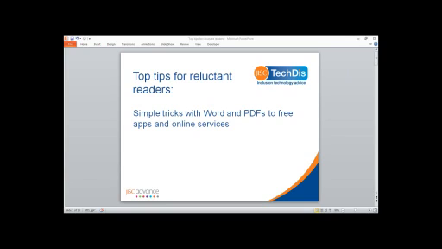But what we want to look at now is just some top tips that you can use that would apply to all readers, all learners, all stages and phases. And so it would apply equally to somebody studying an academic subject at undergraduate level as it would do to somebody maybe struggling with GCSEs, and lots of people in between. So let's have a look then at some of these, and we've started very simply with